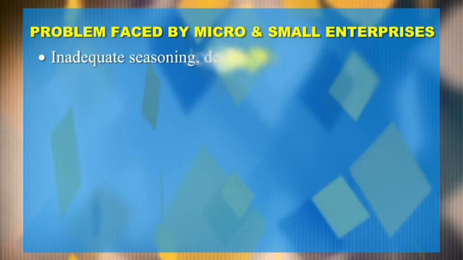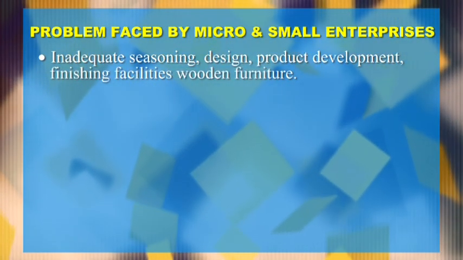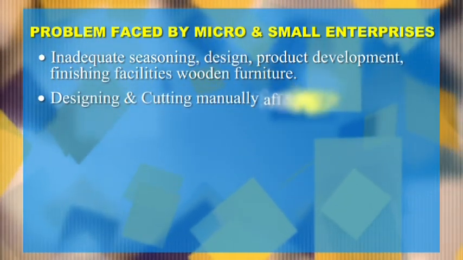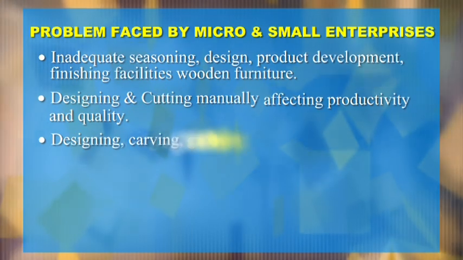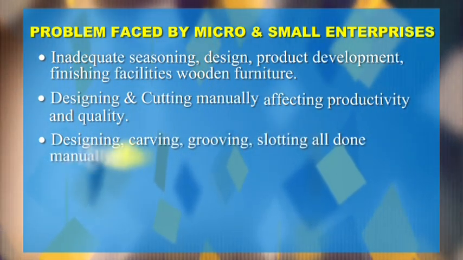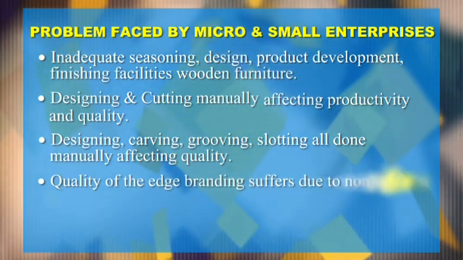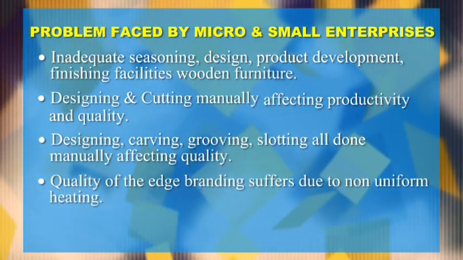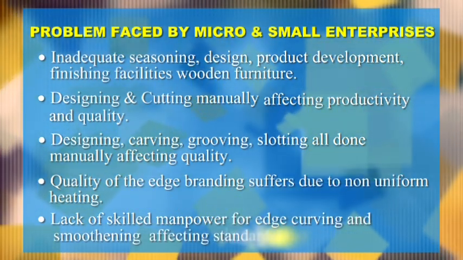Earlier, there were several problems faced by micro and small enterprises such as inadequate seasoning, design, product development, finishing facilities, wooden furniture design and cutting done manually affecting productivity and quality, designing, carving, grooving, slotting all done manually affecting quality, quality of the edge banding surface due to non-uniform heating, lack of skilled manpower for edge curving and smoothing affecting standardization